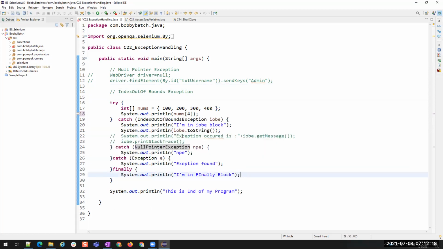And then we have also discussed how to print some message about the exception that occurred using three different methods: .toString, .getMessage, and printStackTrace. .toString and .getMessage will return a string, so we have to print it using SYSO statements. But printStackTrace by default, it has a print method inbuilt, so you don't have to write it inside a SYSO statement. You can directly call it from a class. Okay.